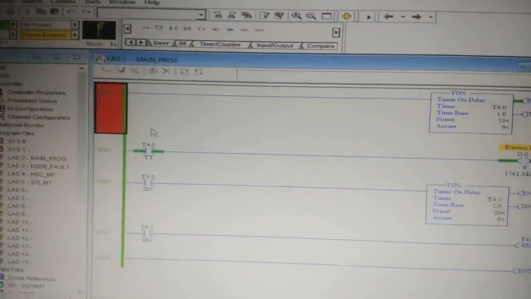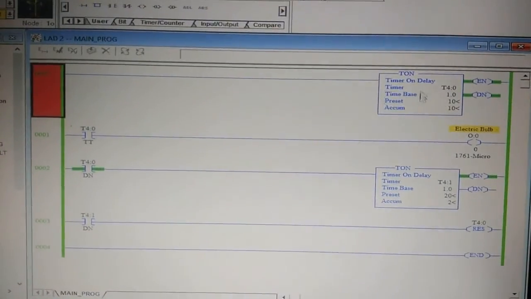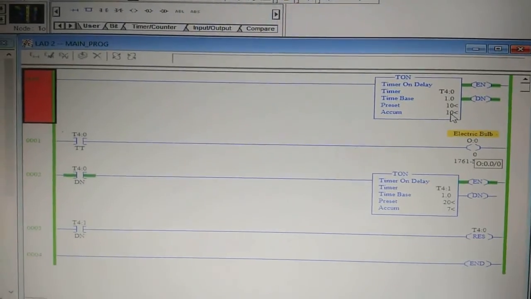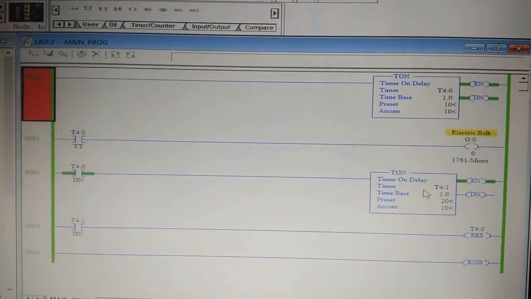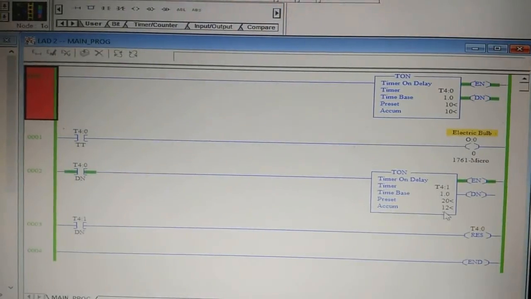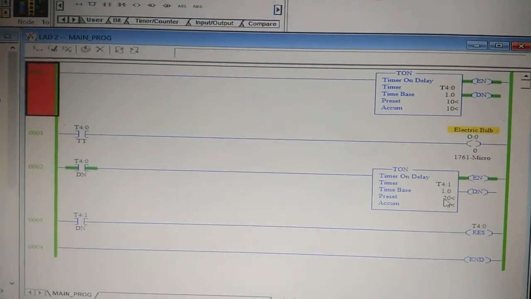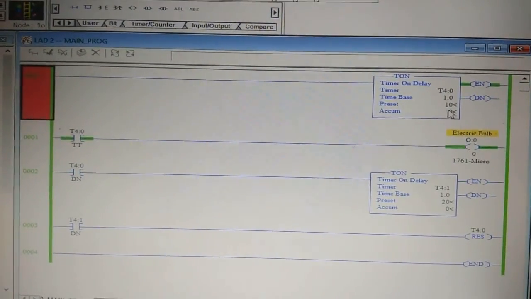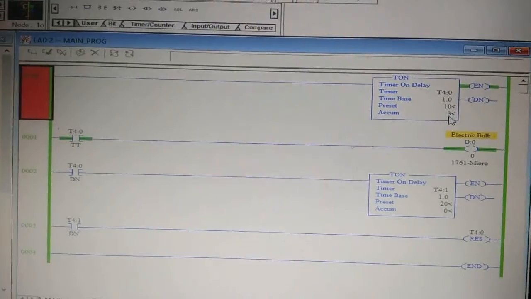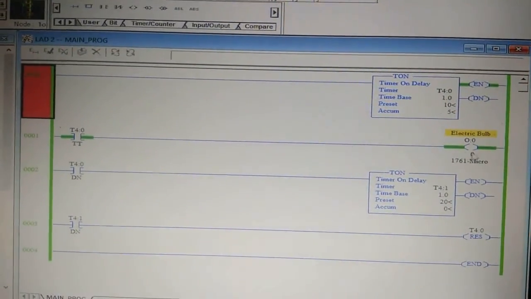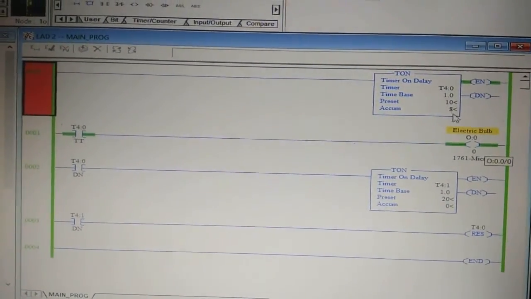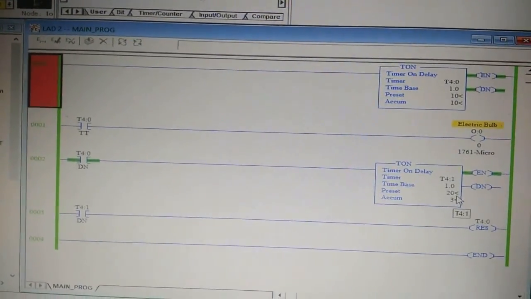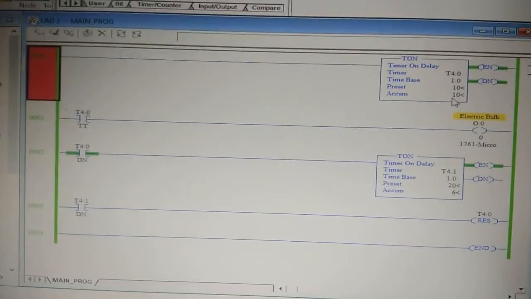Once it has been downloaded, the bulb output will be switched on automatically. See, already it is switched on for 10 seconds. Now it is off for 20 seconds. Here you see the timing is counting. Once it reaches 20 seconds, again it will turn on, then switch off. Here the bulb will be on for 10 seconds. You observe here. Now it is on. See here the green button is showing. Once it reaches 10 seconds, it will go off automatically and remain off for 20 seconds. Again it will reset the timer and it will be on for 10 seconds.